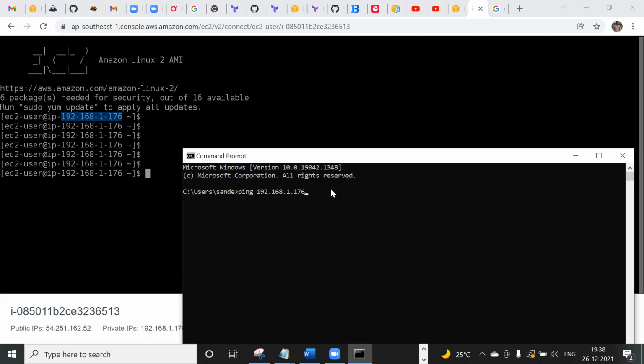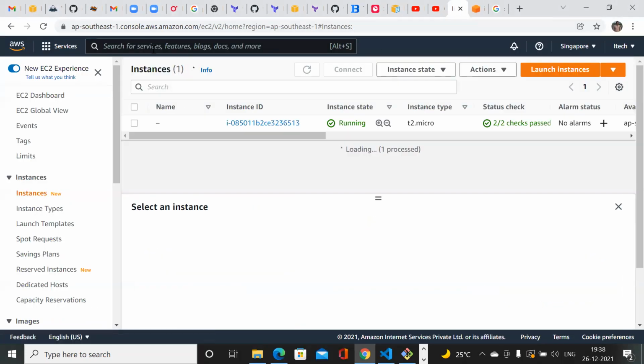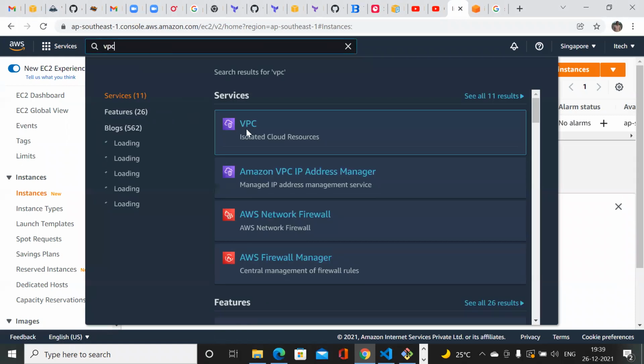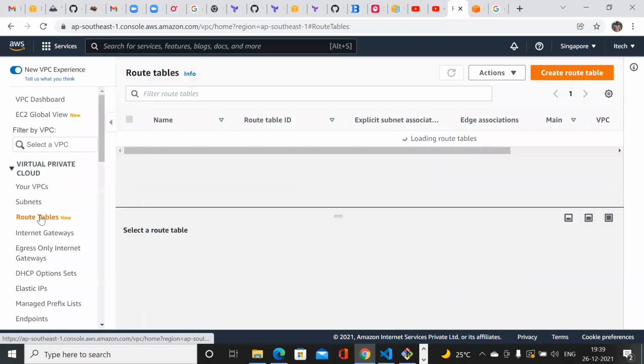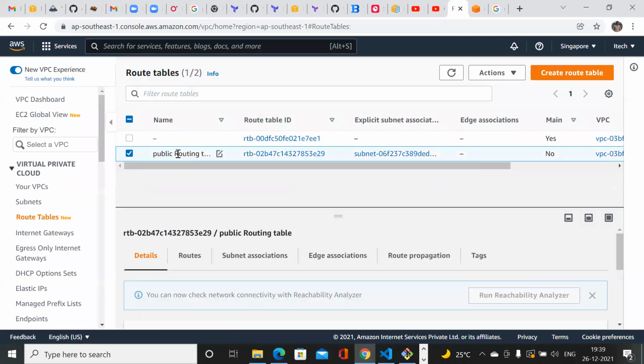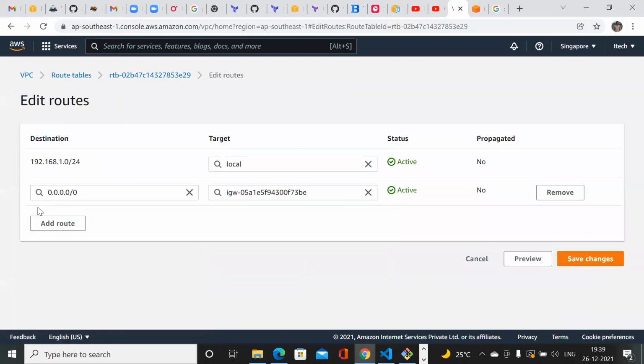Even if you add it, let me add the route in the routing table. Let me navigate to the VPC. You are saying that in the routing table I did not add any routes, right? This is my public routing table. I'm trying to add the routes. See, I have already added the 0.0.0.0 network, which means all the networks are part of the routing table. So this is good.